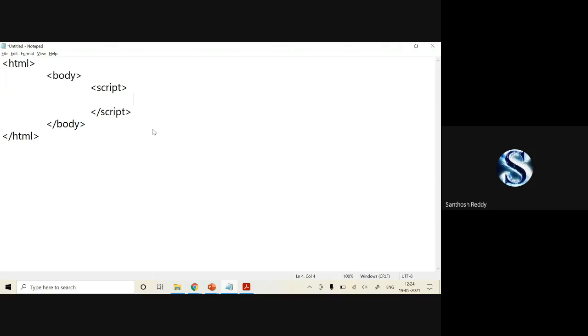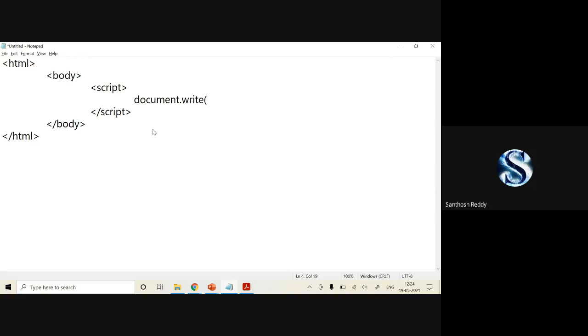So I want to display the squares and cubes in the table format. So first I want to put the table. So if you want to display the table in JavaScript, you have to make use of document.write. This document.write method will be displaying your content on the browser. So if you want to display the table, you have to make use of this function, document.write.